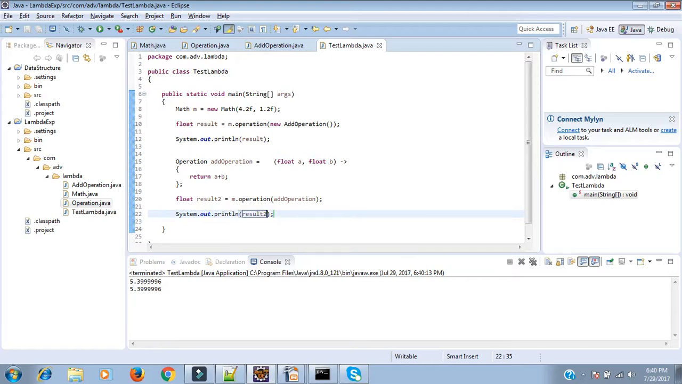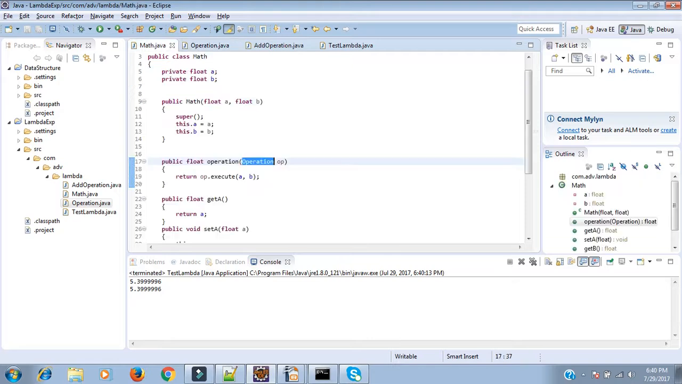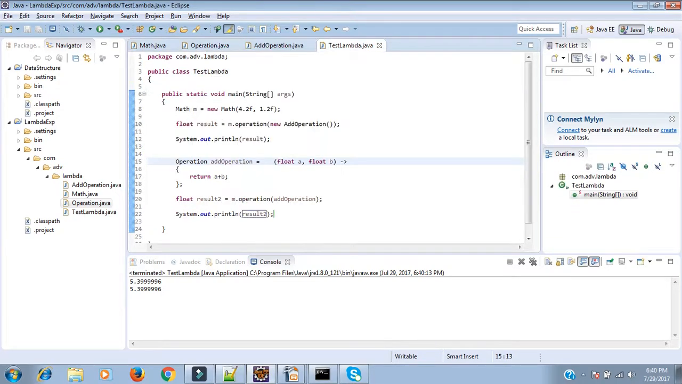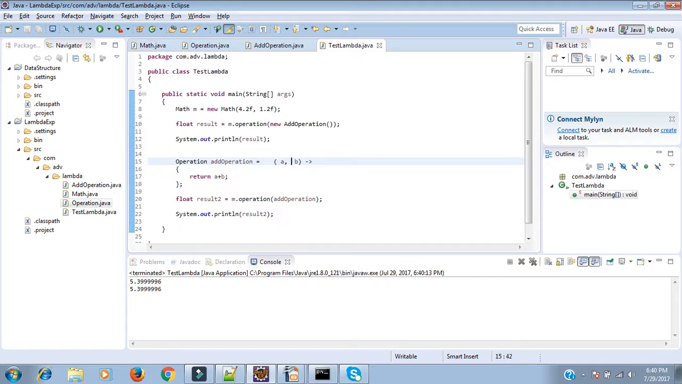Let's do something else, because this operation is an interface, so the return type is already defined over here. So I can remove this return type as well, and this one also. Yep, sounds good. Compiler is still happy. And let us see, I can also, because this argument type is defined in the interface, remove this one and the return type,